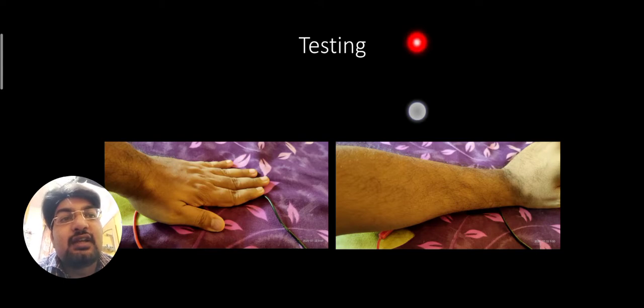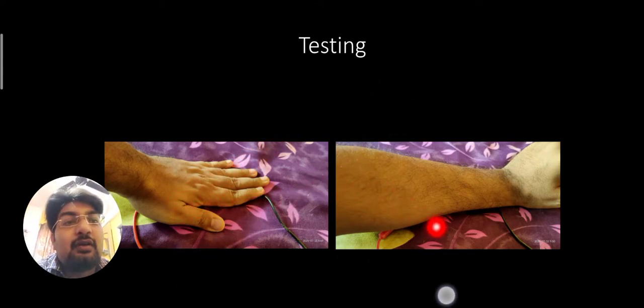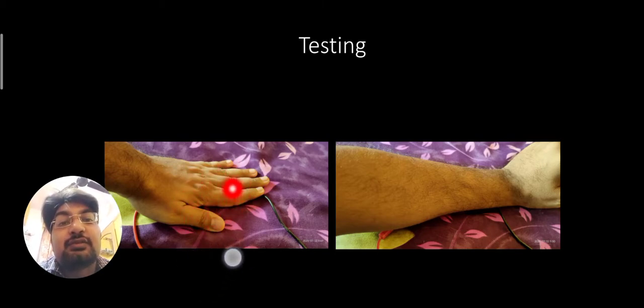Moving to the second slide, it will be testing. For testing, you can just select the palm or the forearm. As there are two electrodes, one is the positive and one is the negative electrode. Conducting gel is used between the electrodes and the body tissue, and then you can start the current and feel the current, whether it is the Faradic or the galvanic current.